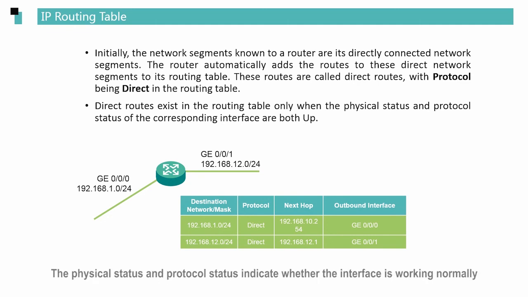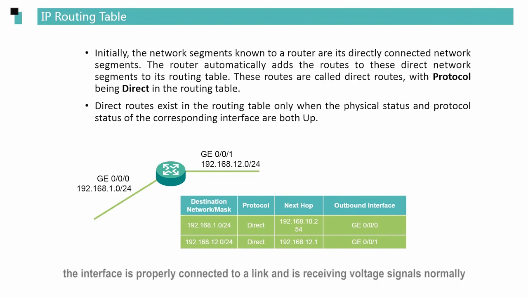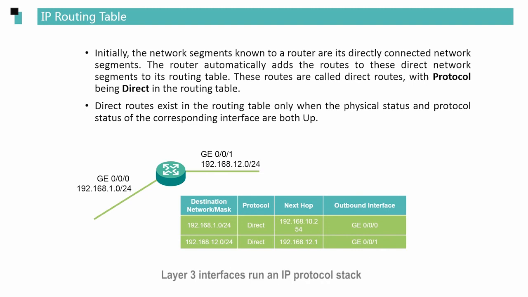The physical status and the protocol status indicate whether the interface is working normally. If the physical status is up, the interface is properly connected to a link and is receiving voltage signals normally. If the protocol status is up, the protocol enabled on the interface is running normally. For example, Layer 3 interfaces run an IP protocol stack. If the IP protocol stack is up, the protocol status is up. In most cases, after an IP address is configured for a Layer 3 Ethernet interface, the protocol status of the